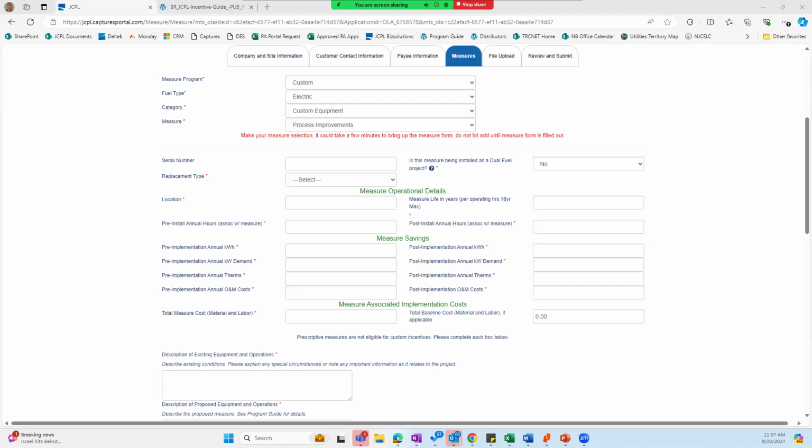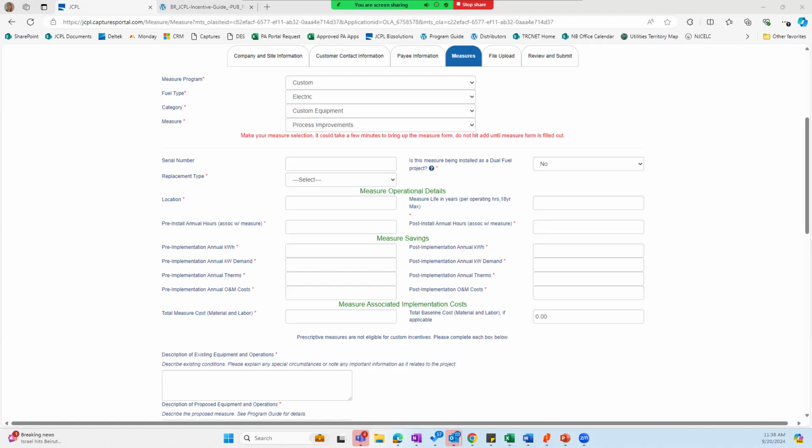I don't have any case studies because it's hard to find a one-size-fits-all approach to the custom program. But I will say this: when you go to submit your savings calculation, and we usually see this in an Excel worksheet, but we do accept energy models as well, please make sure to provide equations in the cells and don't just hard enter values.